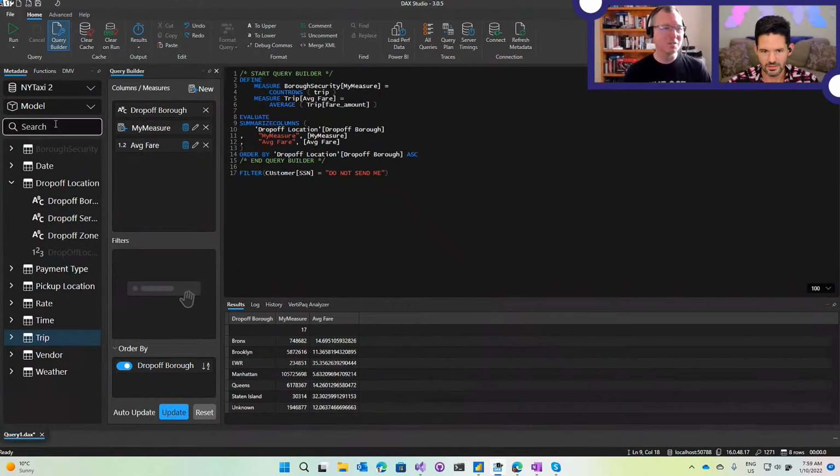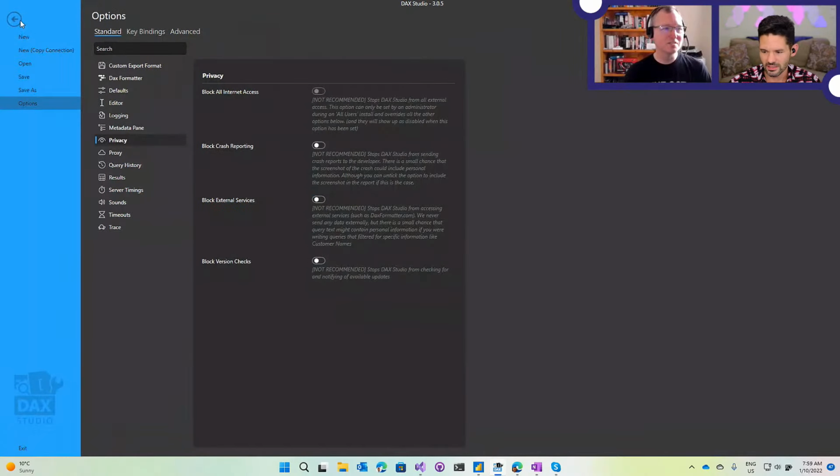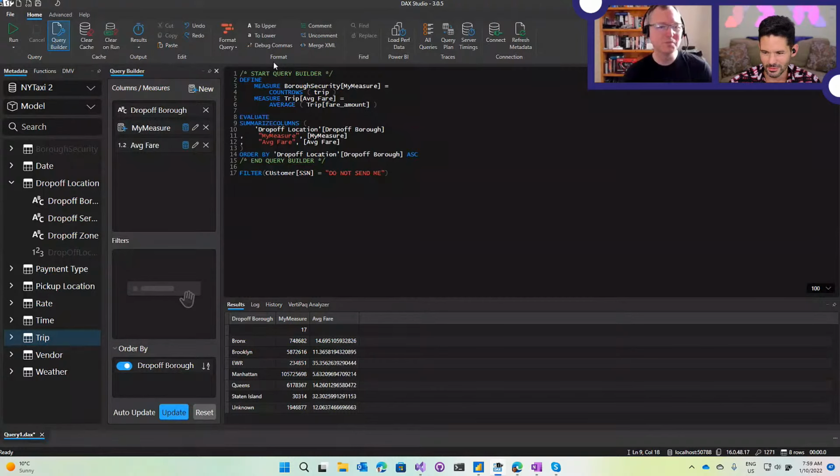So DAX Format is disabled now because I've turned off external services. Oh, and it actually disables the button. Nice. Yep. So quite a couple of comments on just people really appreciating the new icons, the style, all the little nuances